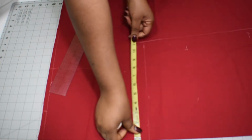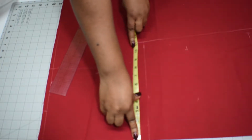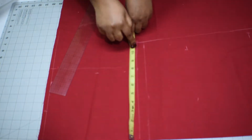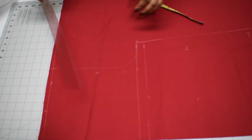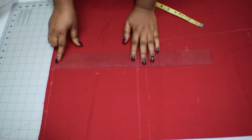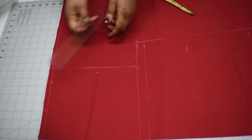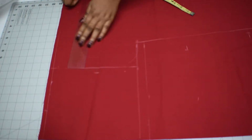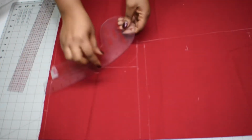On the first line, which is the armhole line, mark your bust measurement divided by 4. Then you're going to add half an inch to it. Mark it down like so. From the mark that you made on your shoulder line, which is the measurement of your shoulder to shoulder divided by 2, you will draw a line from that shoulder line to your armhole line. Then divide that measurement of your armhole by 2, then put a mark down like I just did in the middle. Then you use a curved ruler